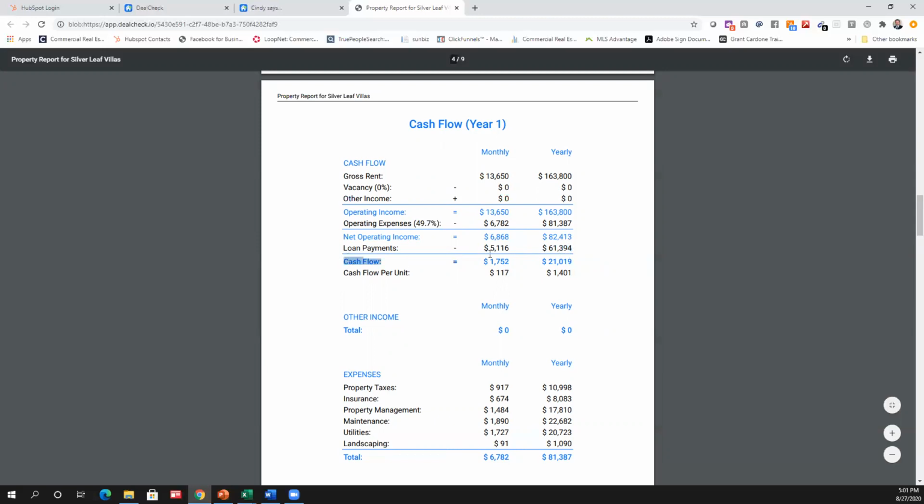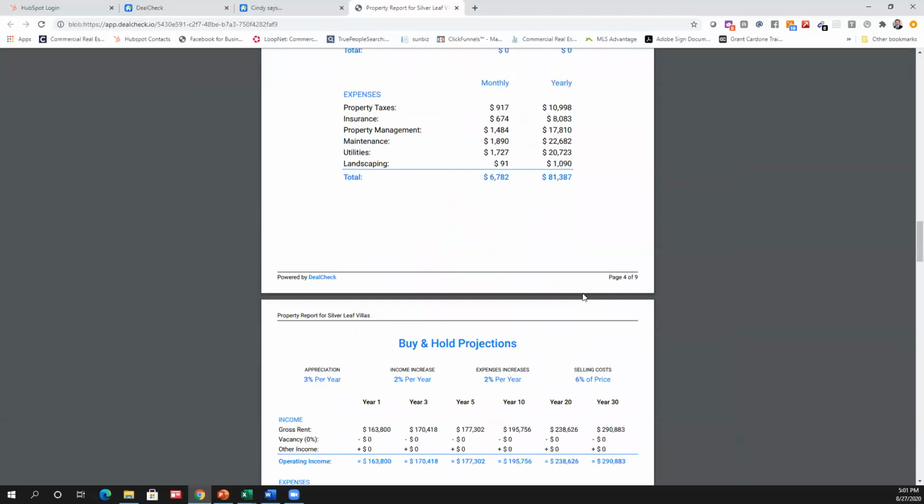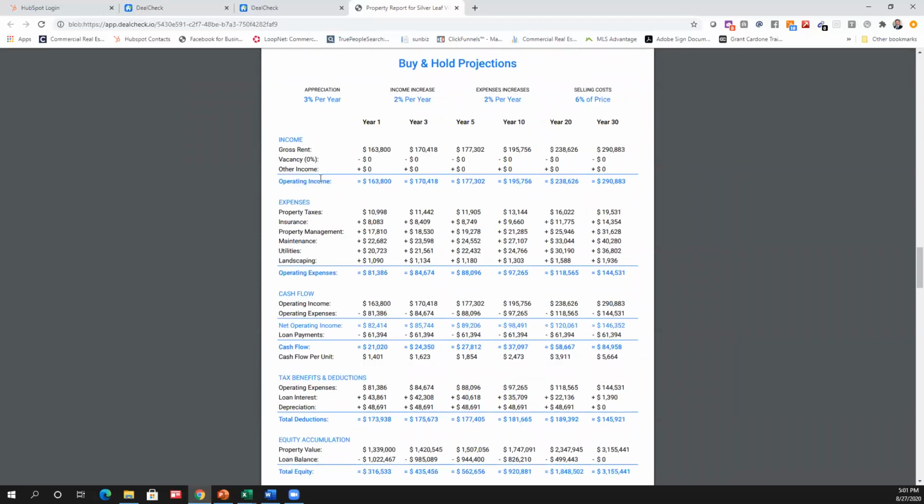So your net free cash flow after all is said and done, property taxes, insurance, management, and your loan to the bank, you're going to be getting $21,000 to take to your bank, right? Or you can put it back in the property to upgrade, do different things, whatever, but that's your cash. Okay, so this also has a nice little buy and hold